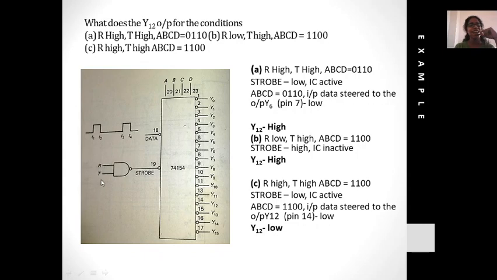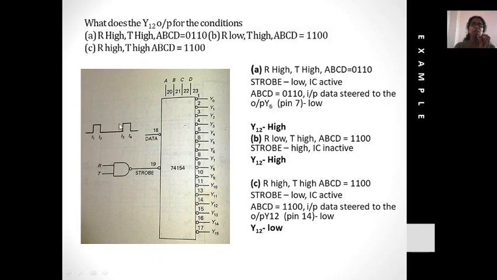R and T give the strobe, and strobe is connected via a NAND gate. So my dear students, remember a NAND gate is the inversion of an AND gate. Okay, so let's see one by one. And this is the clock pulse. You don't have to think much about this pulse. This is a clock pulse according to which the circuit is working.